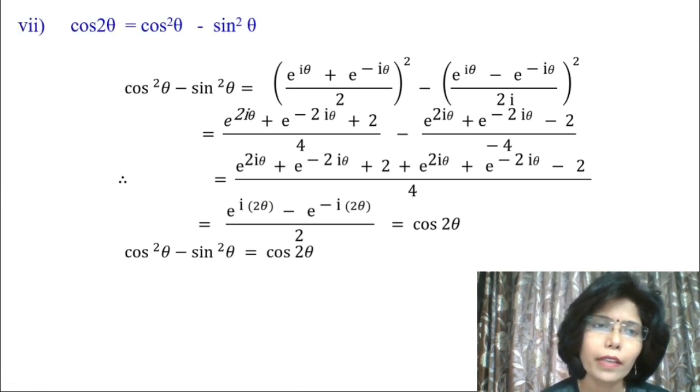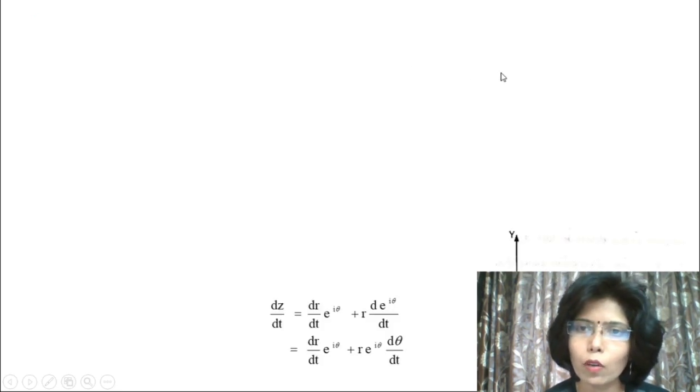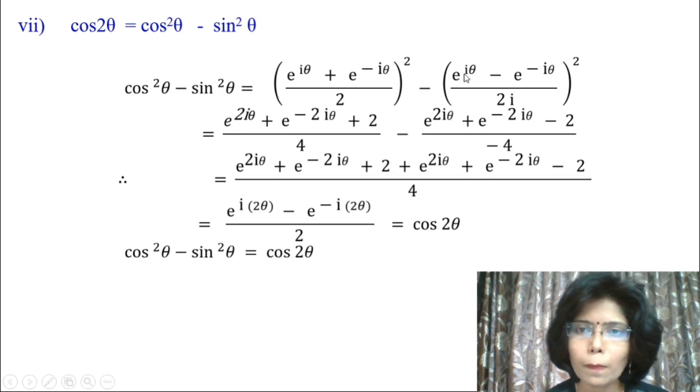Next important identity is cos of 2 theta is equal to cos square theta minus sin square theta. Again we'll substitute the value of cos theta as (e raised to I theta plus e raised to minus I theta) upon 2, and we have to square it for cos square theta, minus the value of sin theta, so it is (e raised to I theta minus e raised to minus I theta) upon 2I whole bracket square for sin square theta, and a negative sign in between. So if we square this bracket,